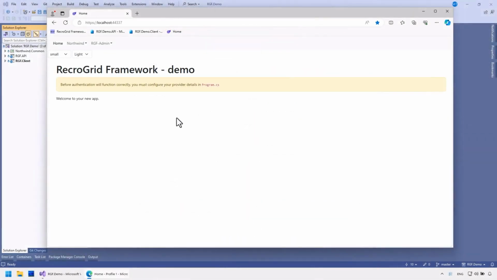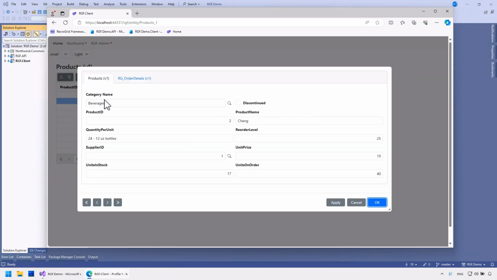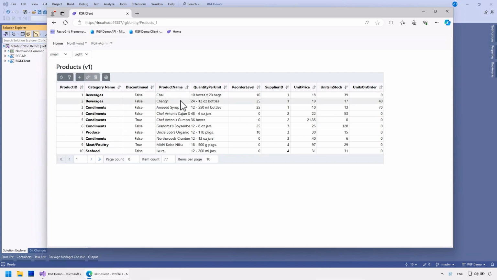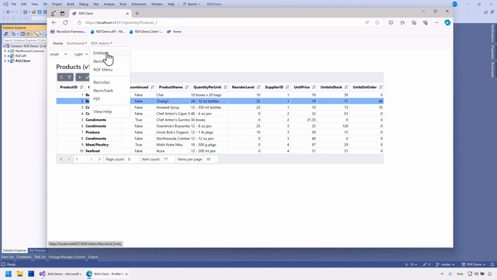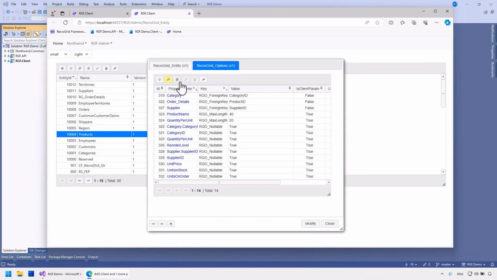Before diving into the user-bound authorization system, I'll briefly mention the basic access control in RGF. Each entity has basic access settings, including create, edit, and delete operations affecting the form view. For example, if modification is allowed, the apply and OK buttons will appear for saving. This setting is determined by the CRUD options.